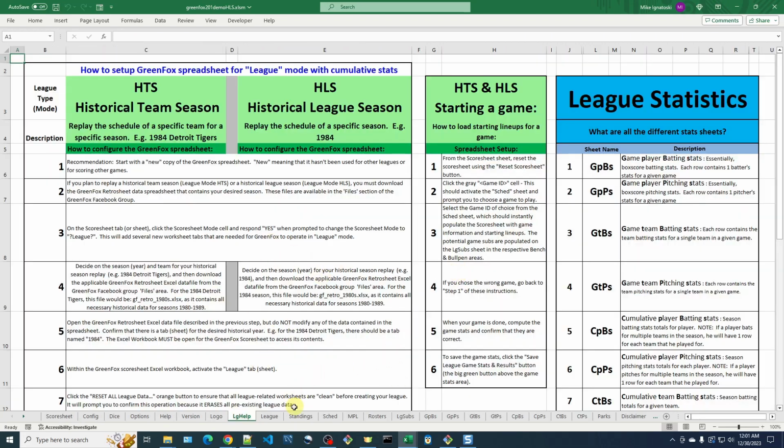With that, you can see it bumped us back to the LG help sheet, which we were at the very beginning, but you can see here it added all these new sheets: the league, the standings, the schedule, this MPL. We'll talk about these later in the video. But if we follow these instructions here,